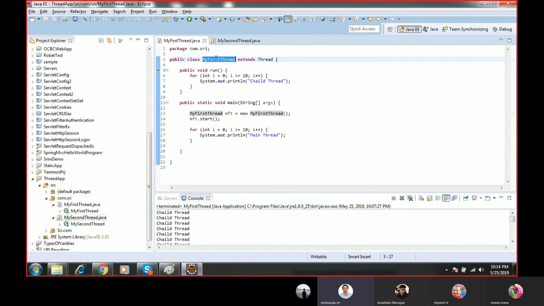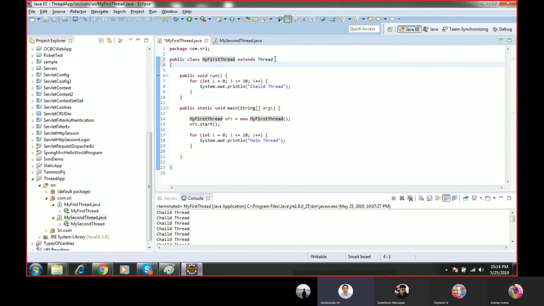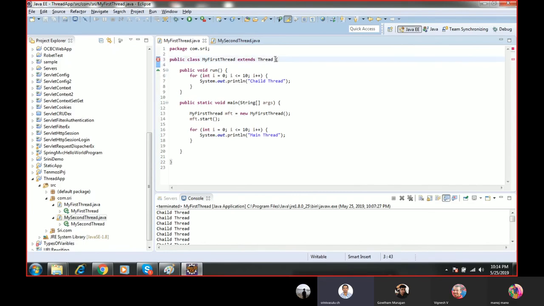The extra behavior means I want to extend one more class, just assume ArrayList. Now immediately it will throw a compile time error,